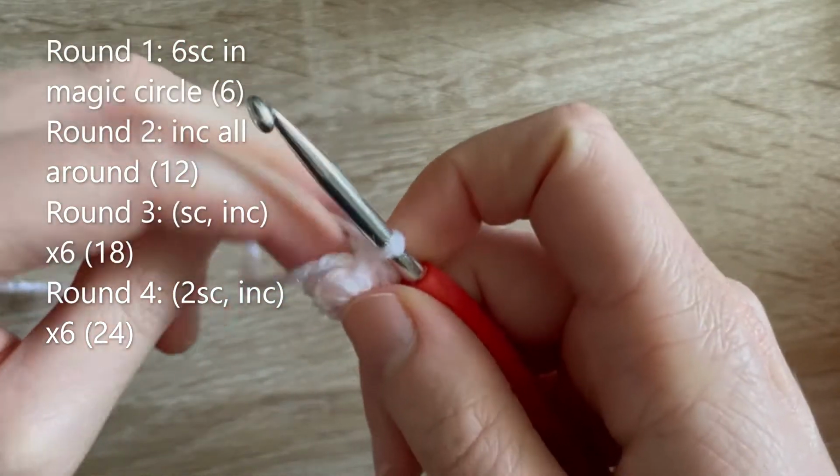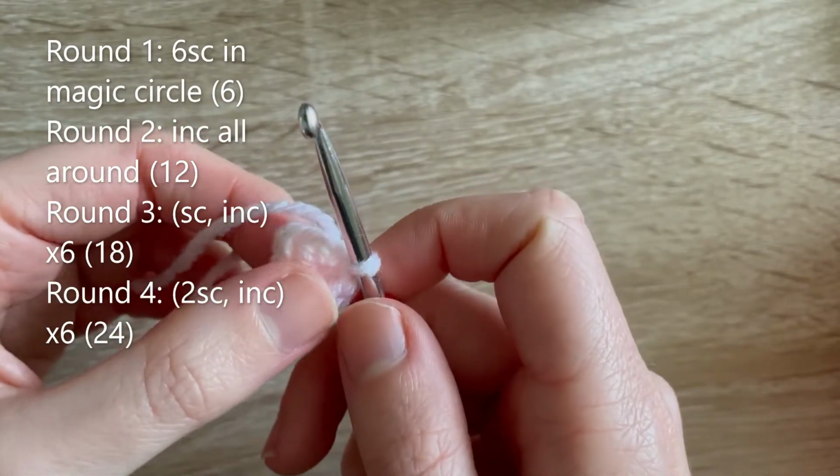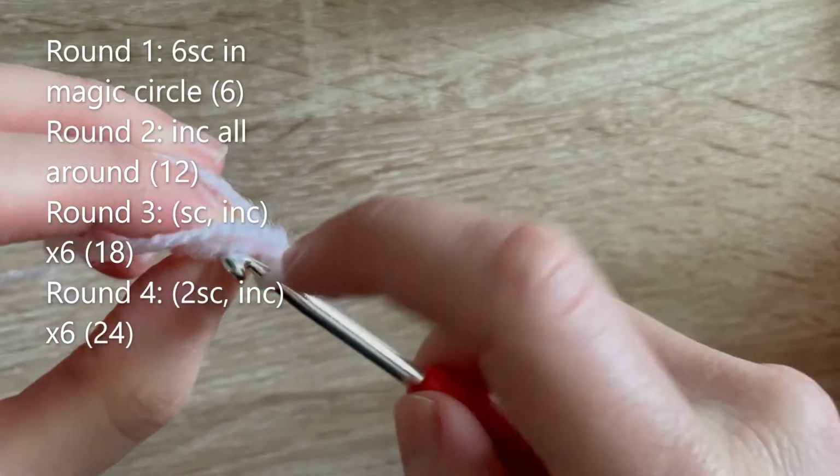Then we need to do a standard increase up to 12, so we need to increase all the way around to do that. So